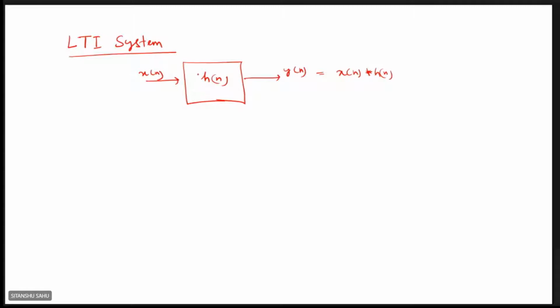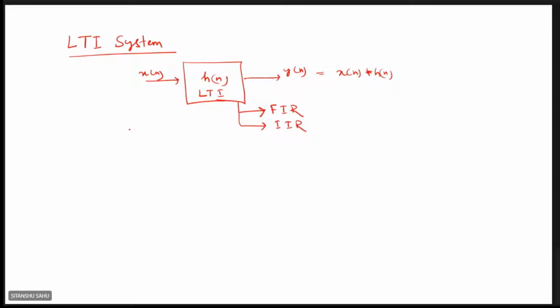And also this LTI system, basically we represent with two structures. The impulse response is based on the nature of the impulse response. So we mentioned the LTI system is of two types. One is FIR type, finite impulse response, so h of n is finite, and another one is infinite, the IIR system, isn't it?